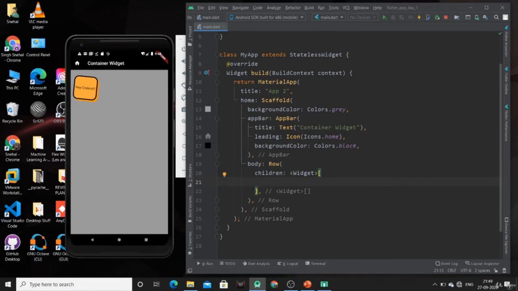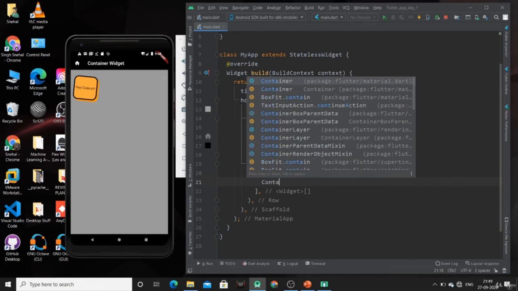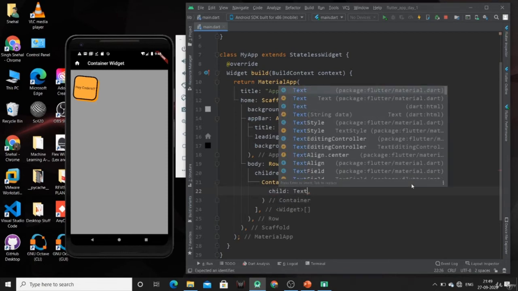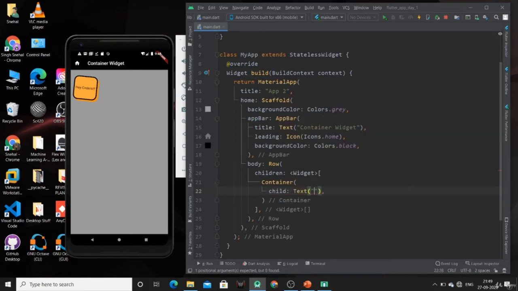Now I am going to create one container, and I am creating one child of that container, specifying one text.